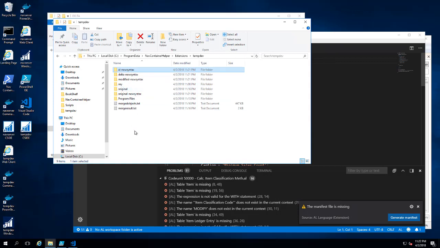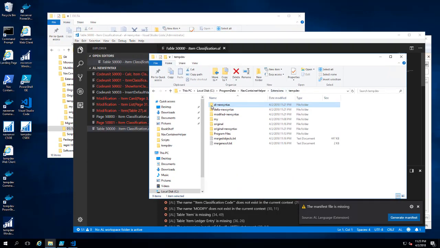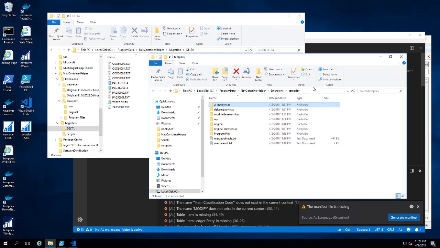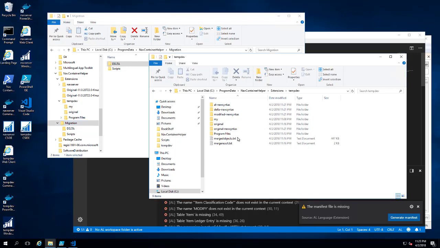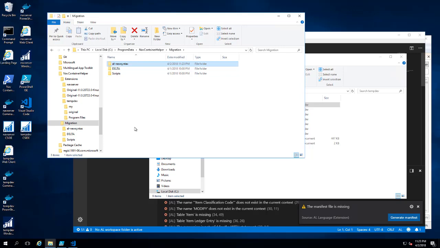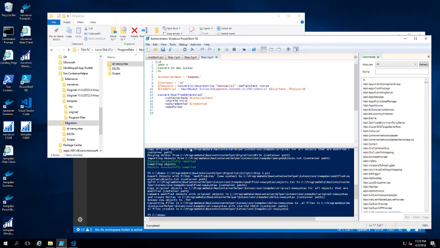What you need to be careful of is that this is your AL files, but it is also inside of this tempdev folder. If you remove the tempdev container, you're going to lose your objects. So what you want to do is at least copy those objects to a safe folder. Once you're done with that, you can go in here and simply say remove nav container temp dev,